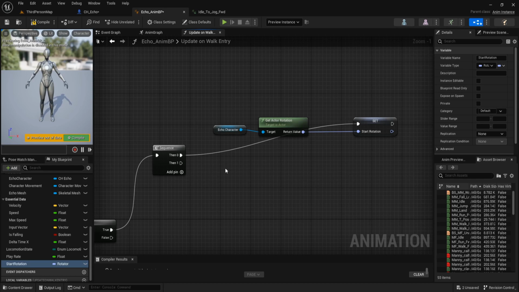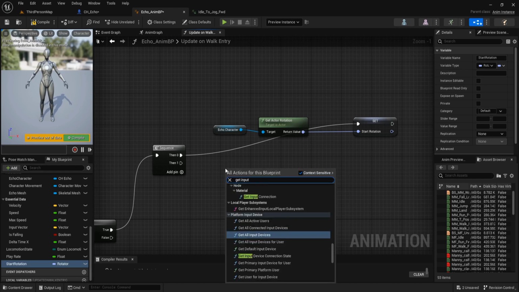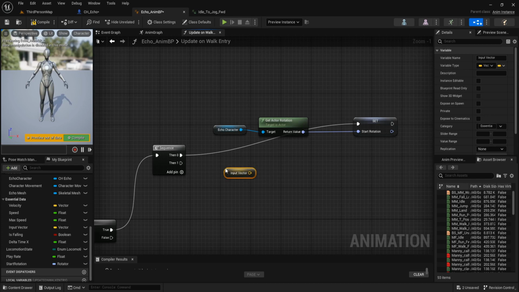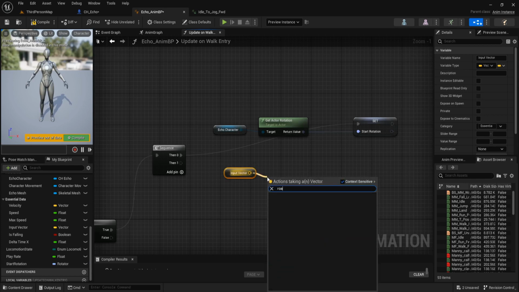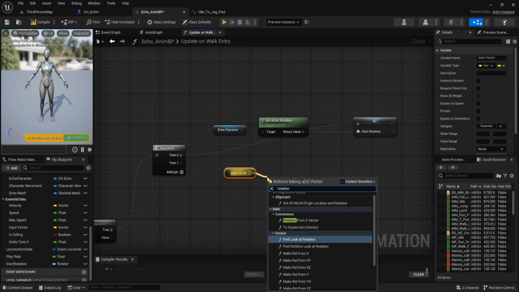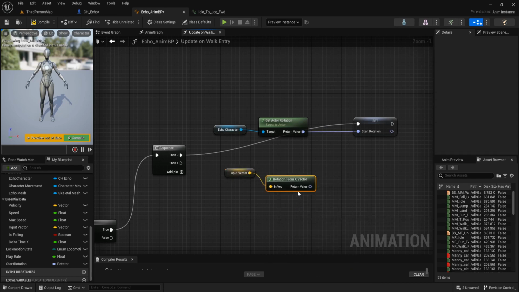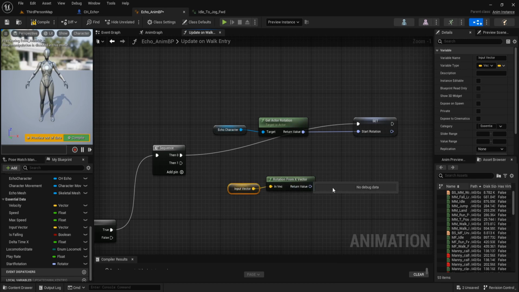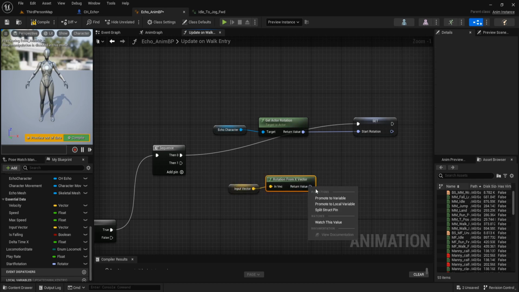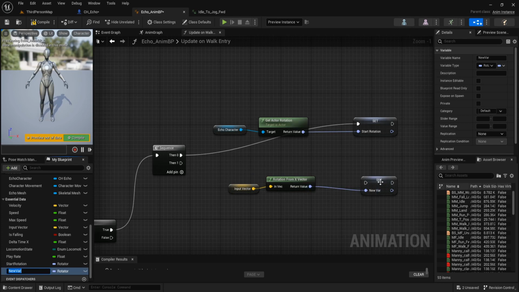Then get input vector, create rotation from X vector and promote it to variable, and name it primary target rotation.